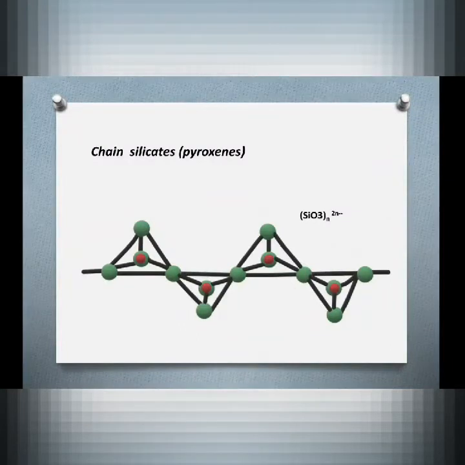Now next is chain silicate or pyroxene. In case of chain silicate, also two oxygen atoms are shared by another 2 tetrahedral units. If you consider this, then these 2 oxygen atoms are shared by another 2 tetrahedral units, by this and by this, and this is different from pyrosilicate only in the way that in case of pyrosilicate only 1 oxygen atom is shared, in this case always 2 oxygen atoms will be shared,